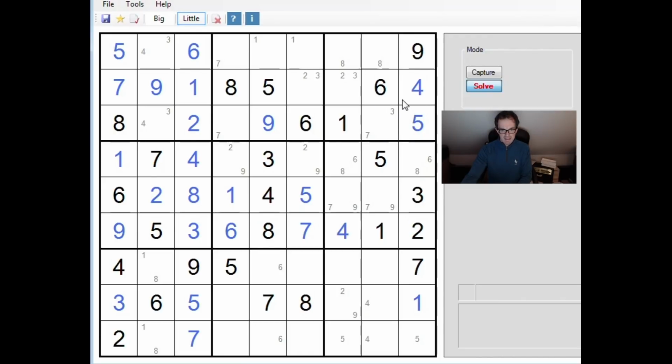So let's imagine that rather than the arrangement you see here, this square, this square, this square and this square were all in the same column. It would be very easy for us to look at those squares and see that there was a quadruple, and we would be able to eliminate the numbers 2, 3, 7 and 9 from the rest of the column. Here we don't have something quite that powerful, but we do have something that we can use. And the way that a bent quadruple becomes powerful, I'm going to try and explain it now the way I think about it, which might not help you, but